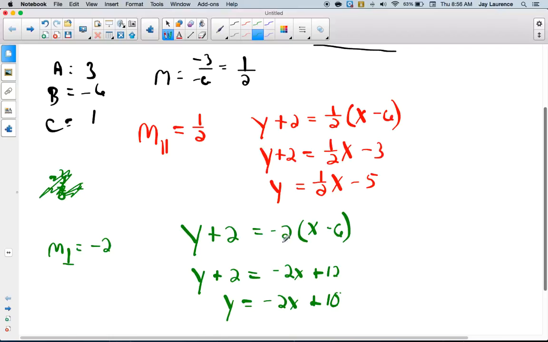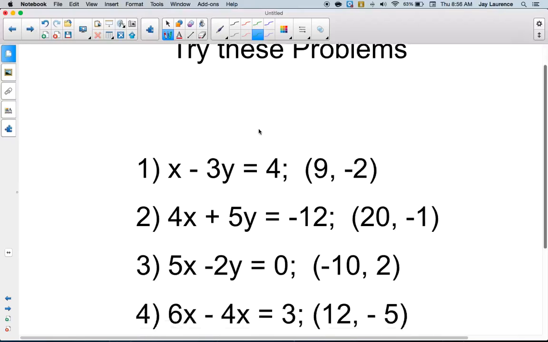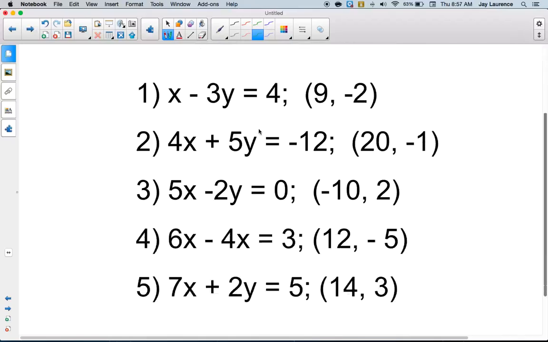Okay? So, I'm not going to do a bunch more examples here. There are other videos on this. You can go to Khan Academy. But there's some practice problems right there. And in each problem, I'm asking you to find the parallel and perpendicular equations that go through the point listed after the original equation. Now, to check your work, all you have to do is go to desmos.com and put